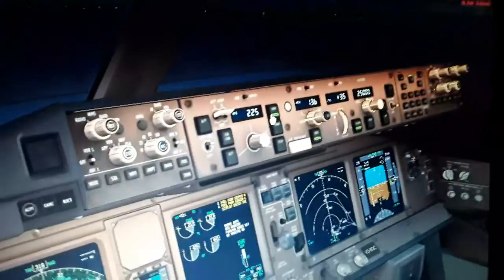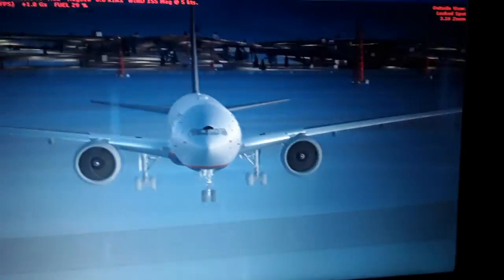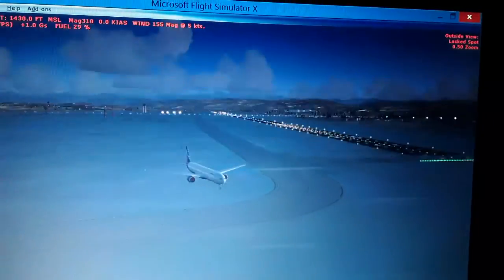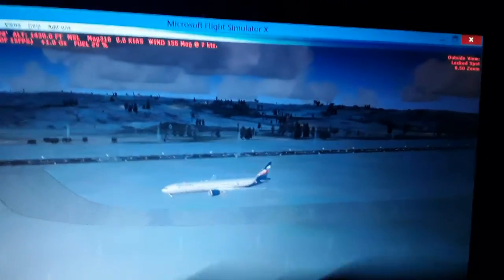So we are fully configured for takeoff. We're gonna use all these, the LNAV in the autopilot. So I believe we are now ready for takeoff. We have like 35 minutes left for this flight. So we're going back,